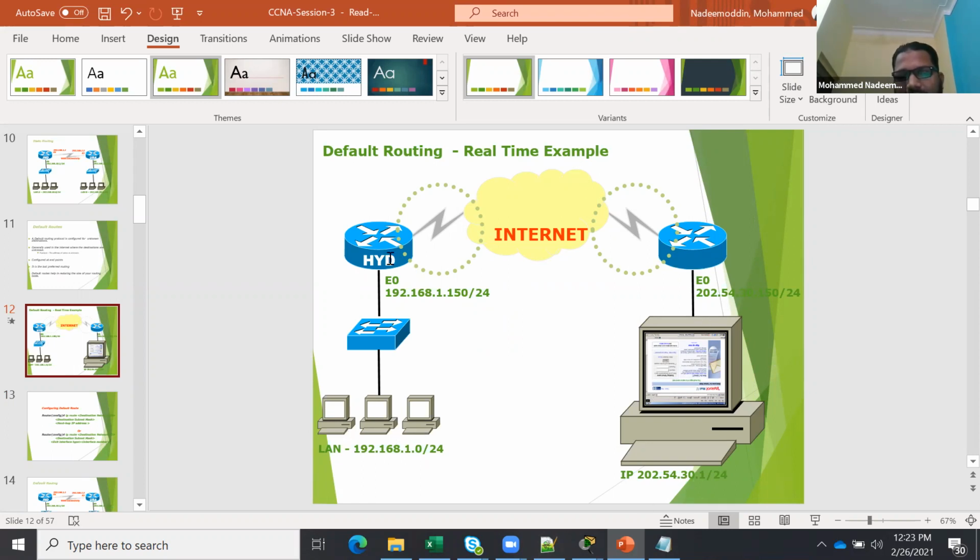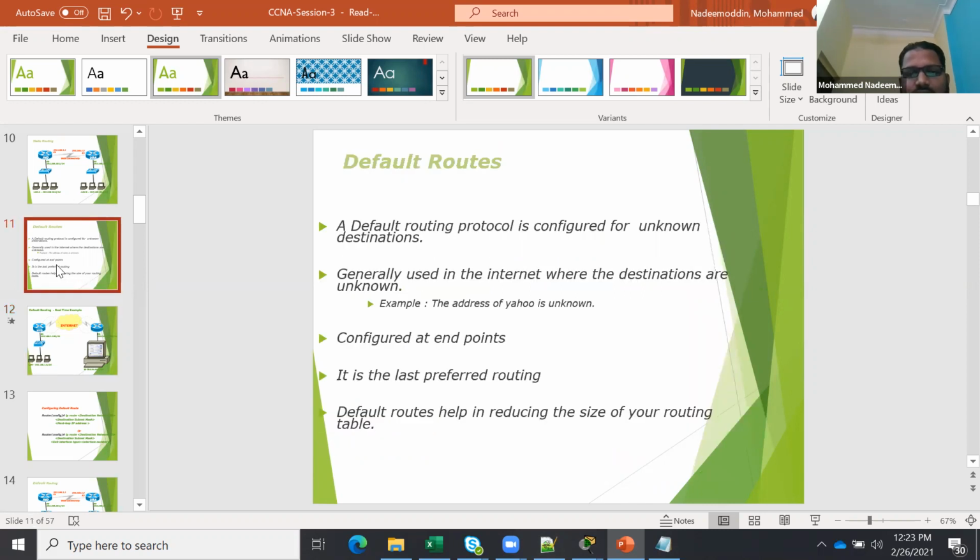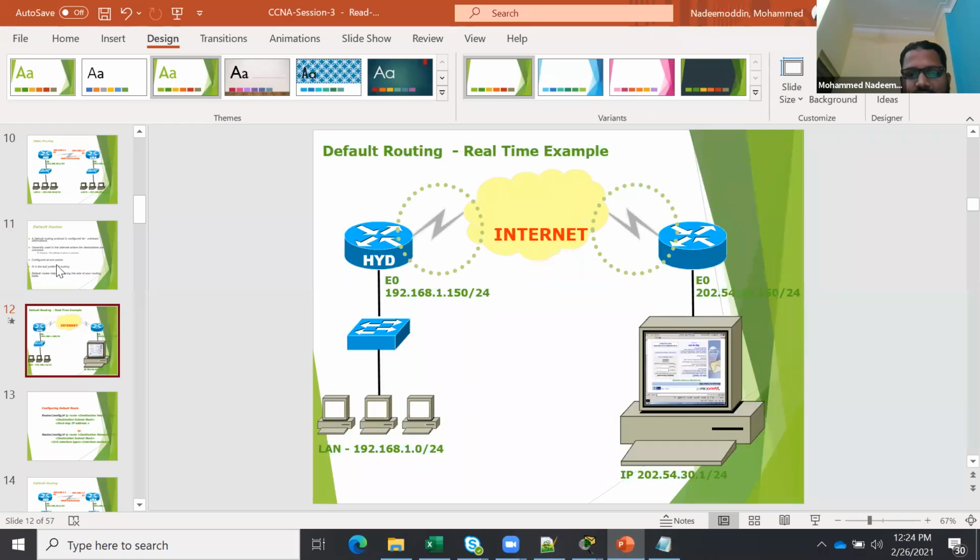For the default route, you will say 0.0.0.0 and you put the exit interface, let's say Ethernet 1. So from here you are going to the internet. Finish. Nothing else. On the ISP side, you don't need to do anything because the ISP will have all the routes. So remember, the default route is used for the unknown destination, and it is for the internet.